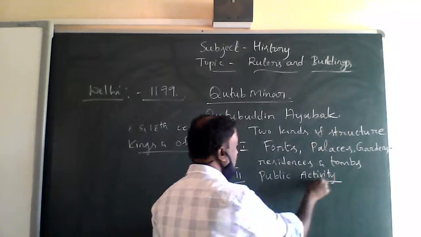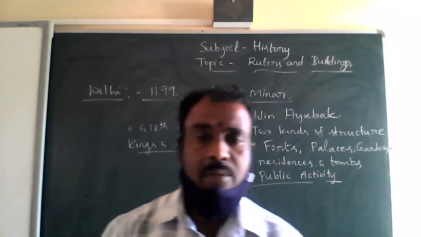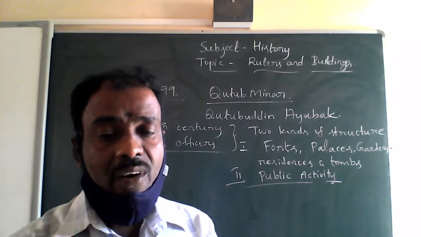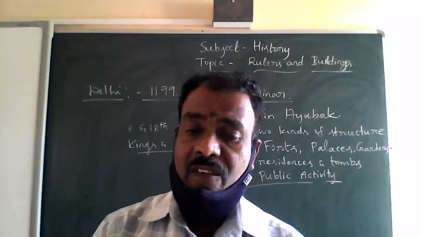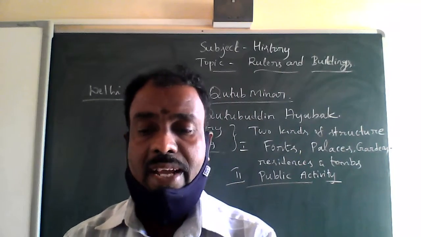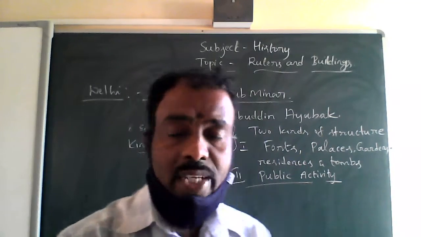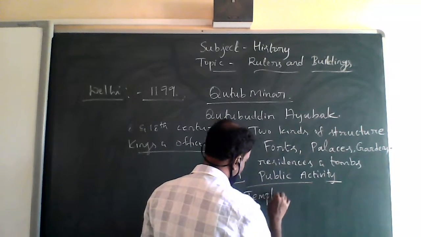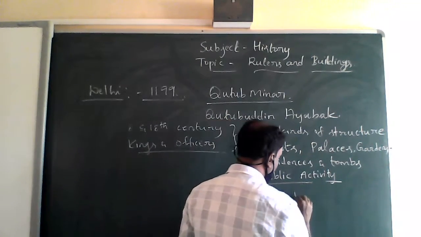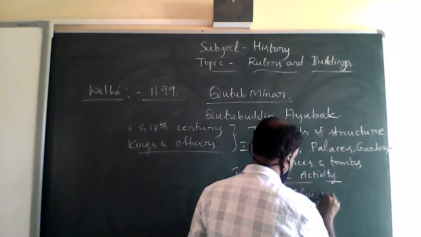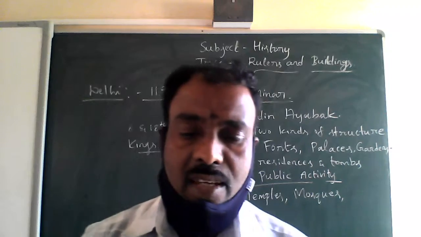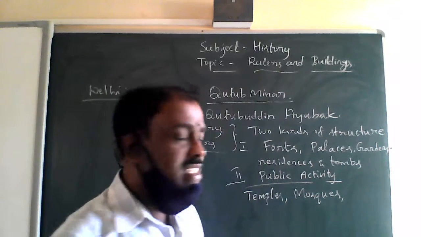The second type of structures were built for public activity, including temples, mosques, and tanks,